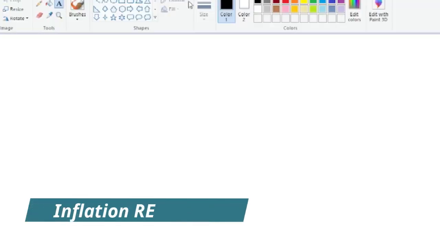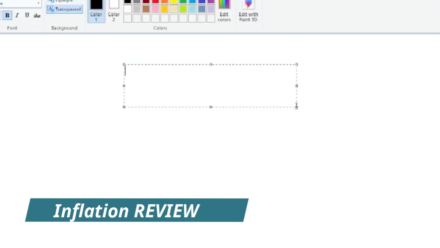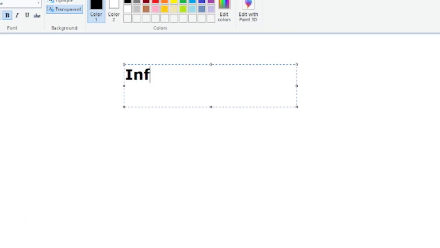Ones who know me for some time will know what this is. It's sort of something I just use for a whiteboard. It's Dan's whiteboard. Just go into Paint, and that way I can just sort of illustrate things to a greater degree, right? So when we think about inflation, what do you think about? What's sort of the inputs on inflation?